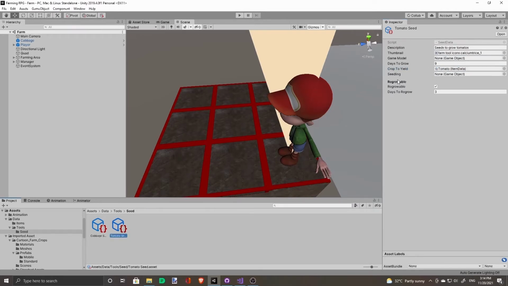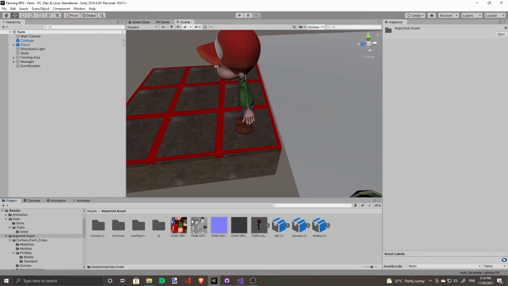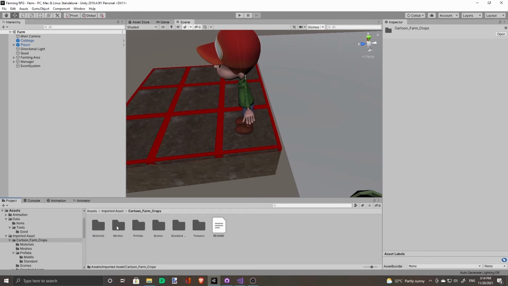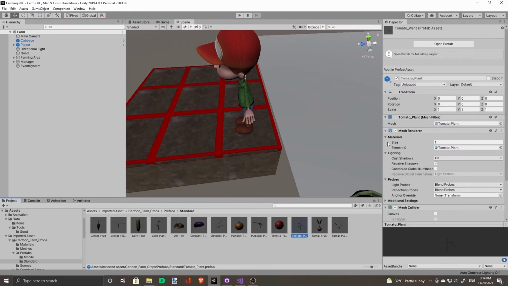Now, what's next is to set up the seedling. So go to Imported Asset, go to Cartoon Farm Crops. See this tomato plant? This will be our seedling.